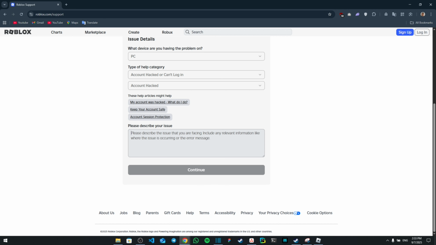Now, please describe your issue. You're going to write the following. Hello. My account got hacked and the hacker changed the password and email for login. My username is, and then you write whatever username you have and whatever hashtag it has or anything, and then I would be able to provide any necessary details to help regain my account, such as